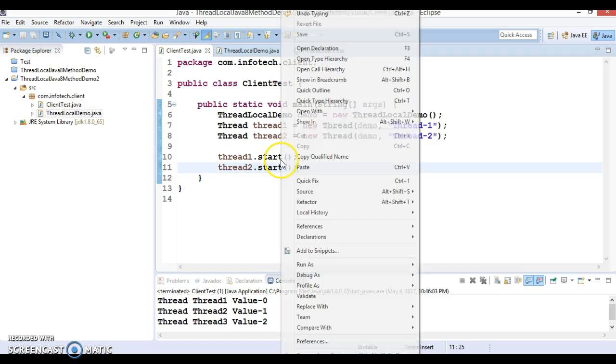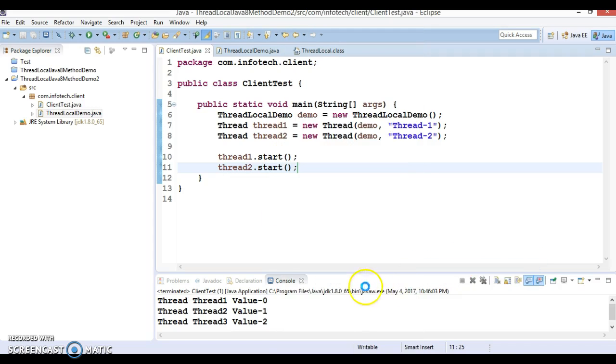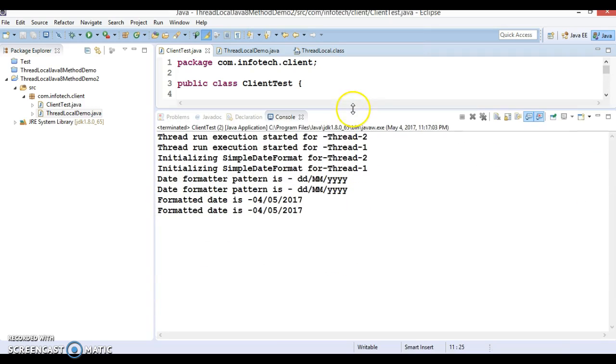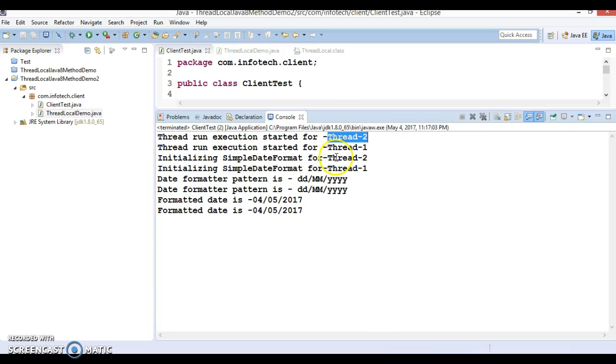Now let's run it and see what output we are getting. You can see the output saying thread run execution is started for thread 2, again thread run execution is started for thread 1, initializing simple date format for thread 2 separately, and again initializing simple date format for thread 1.